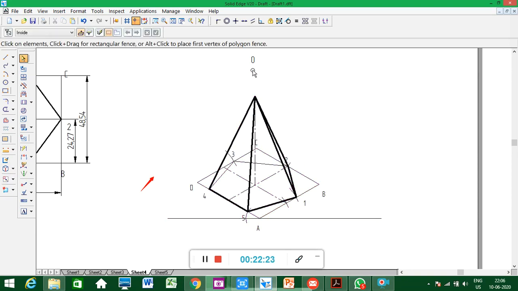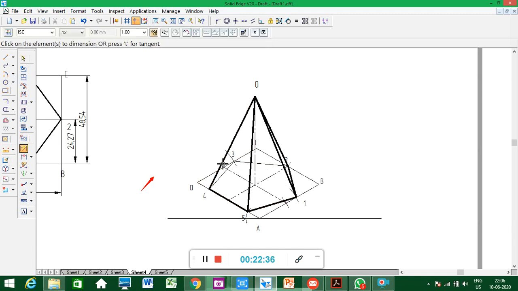So scale down and keep it here. This is the actual isometric projection. These points are not required. I used these only to explain. Now if you check the isometric dimension here, this height 60 becomes how much? If you multiply 60 with 0.82, you get this same dimension. So this also, it's not 30. If you multiply 30 by 0.82, it becomes isometric. So this is the solution for the problem.